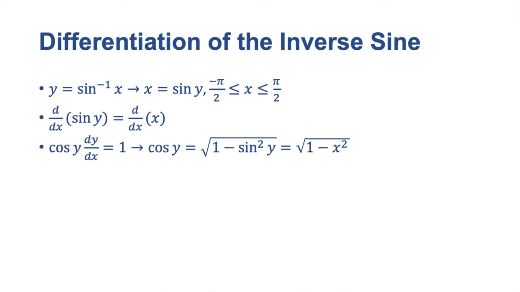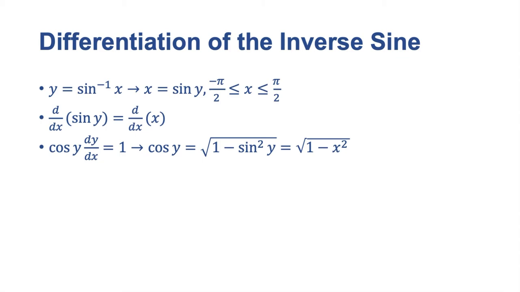So we can rewrite this as the cosine of y dy dx is equal to 1, because if we take the derivative of x, we get 1. And now we can do some more rewriting. So we're going to get cosine of y is equal to 1. So we're going to rewrite cosine of y, and we are going to get cosine of y is equal to 1, the square root of 1 minus the